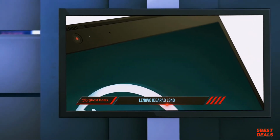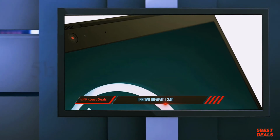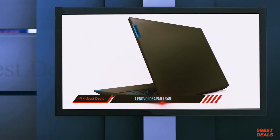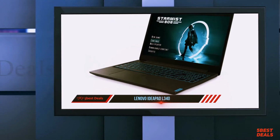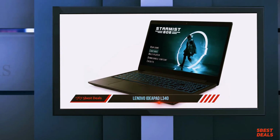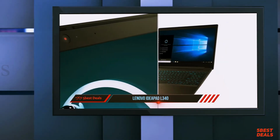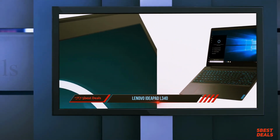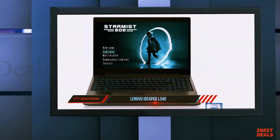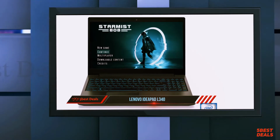Whereas, the 8GB RAM is an ideal memory that the IdeaPad 340 Lira packs in. The display is much better, having full HD resolution of 1920x1080p along with anti-glare technology. Whereas, maximum brightness is 250 nits, having 45% color gamut. On the other hand, the battery life on this gaming laptop is just crushing the high-end flagships with its 9-hour